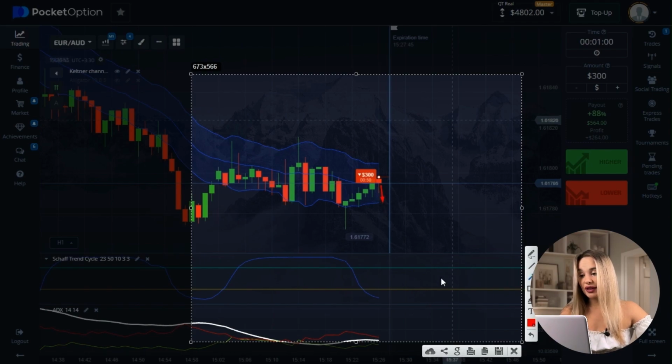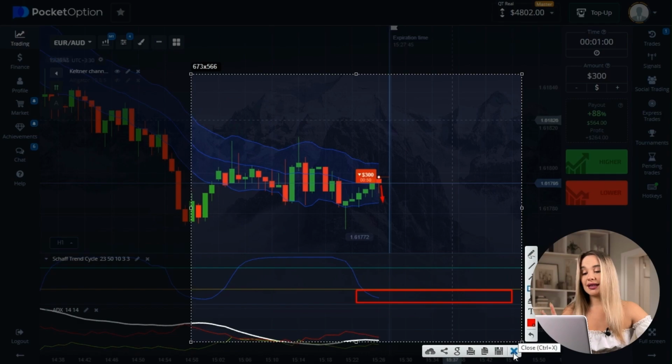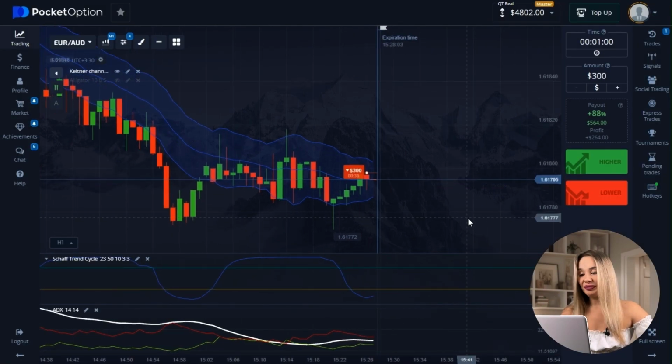And now guys, look at the Schaff trend cycle. It is consistently hanging in the oversold zone. So this market situation is called divergence, and it's always a good moment to trade. So let's keep watching and let's continue our chat about the Schaff trend cycle, which works well in both flat